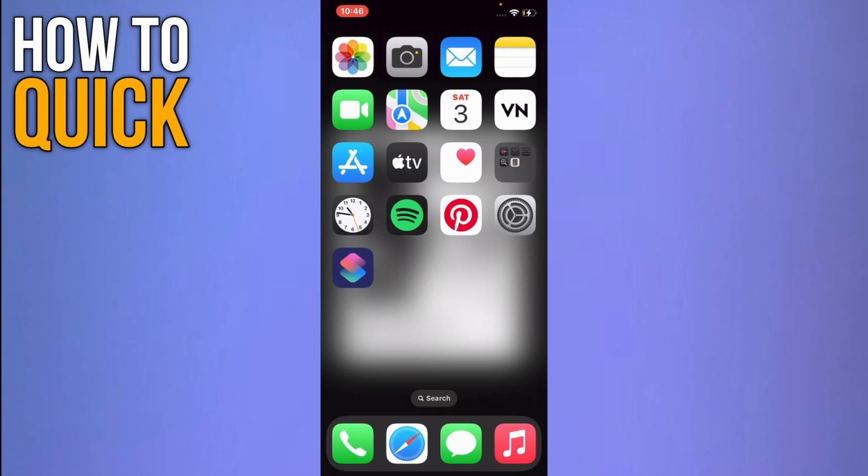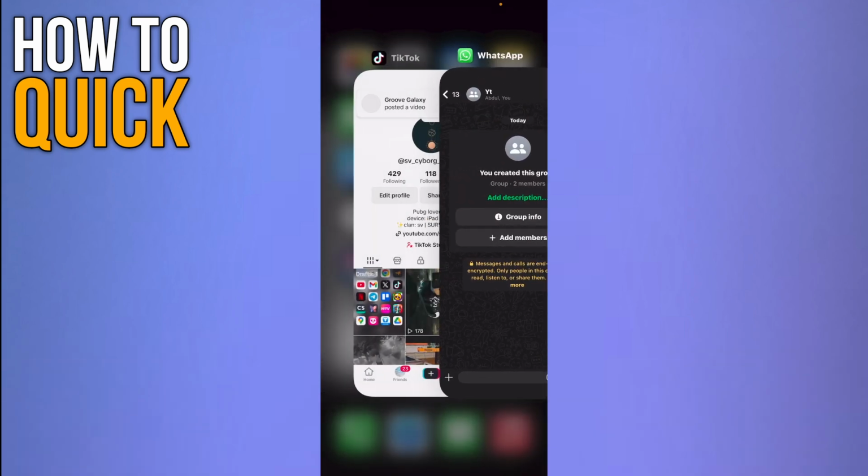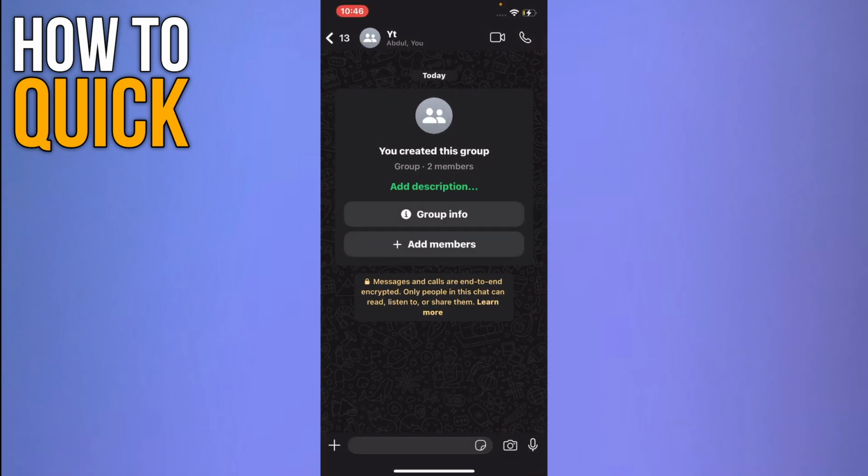In this video, I'm going to show you how to add WhatsApp group link in TikTok. So first of all, open up your WhatsApp application and open the group of which you want to copy the link. So now on this group, you have to tap on its name that is present at the top center